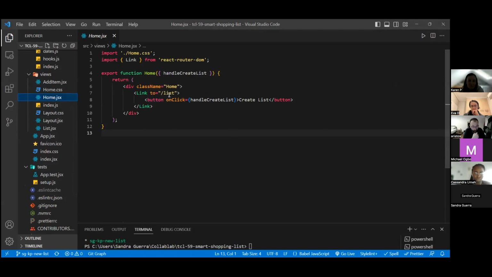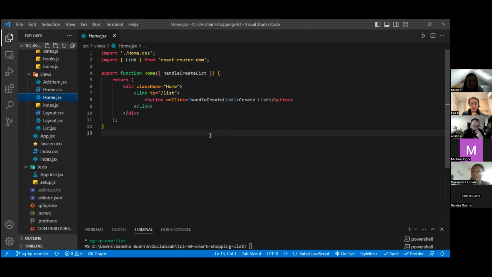In this case, the link will redirect us to the list component. We have created the button inside this link component, with the on-click event listener that triggers the handle create list function when the create list button is clicked.